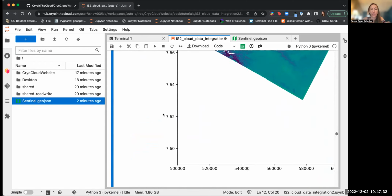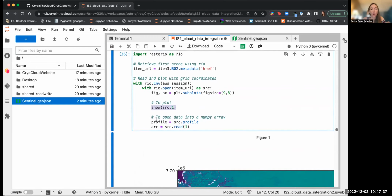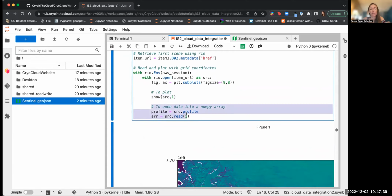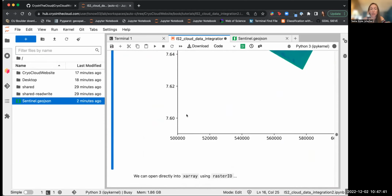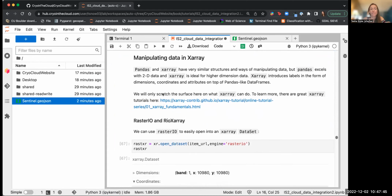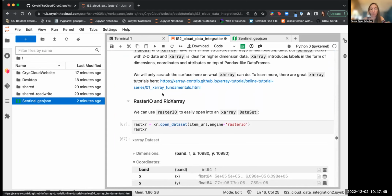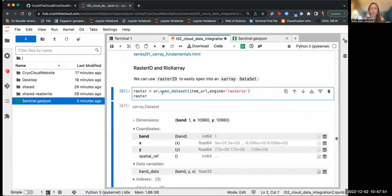You can see we didn't say anything, but it's plotted the coordinates for us. And then we've also opened it into a NumPy array. You can do all of that with Raster.io. So that's pretty cool. Now I'll show you Xarray, which is really similar in nature to Pandas with slightly different